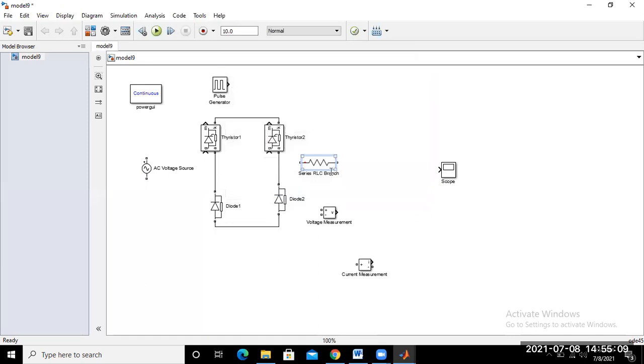Okay. So this is resistive branch. So you may again press Ctrl+R. So you are able to rotate this one, and name this one as the resistive load. Okay. So you may just click here.